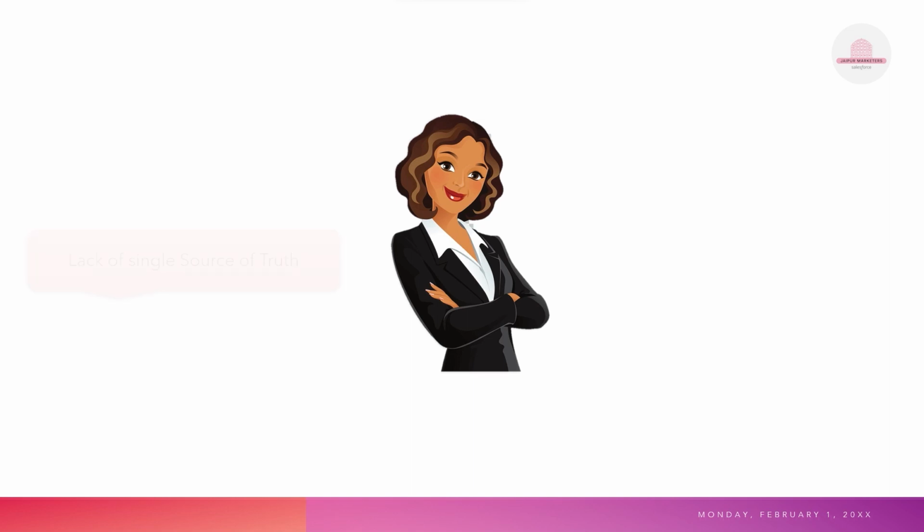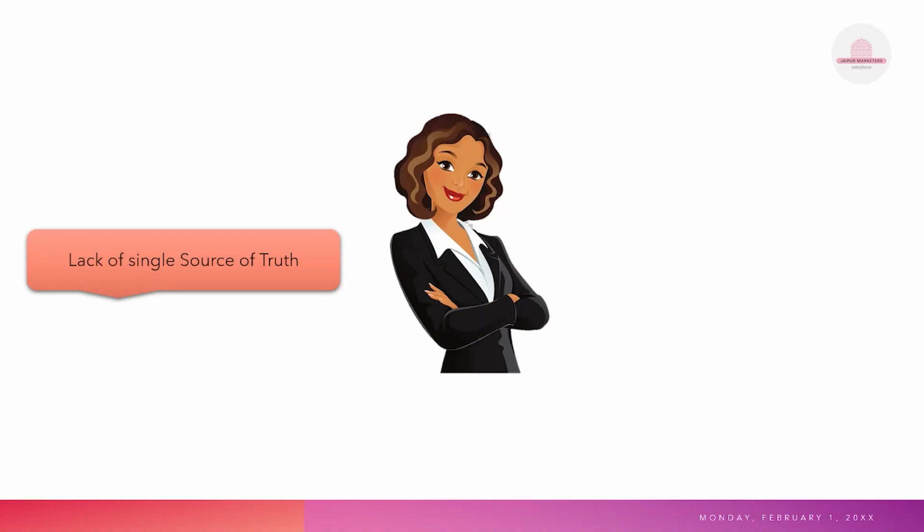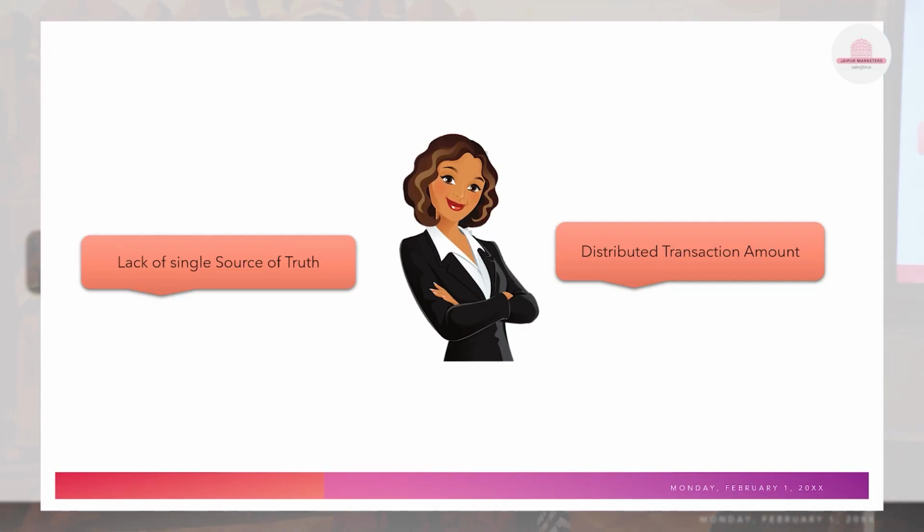So there were two challenges due to which Jaren was not able to avail the offer, though she was qualified for it. The first one is there is no system which has single source of truth for Jaren, right? Everywhere she is stored as a single different entity, right? And the second one is store data is not reflecting the transaction amount from website, and website is not reflecting the transaction amount from store, right? So these are the two challenges which Data Cloud is going to solve and convert this unhappy customer Jaren to a loyal one. So let's see how Data Cloud can do it.